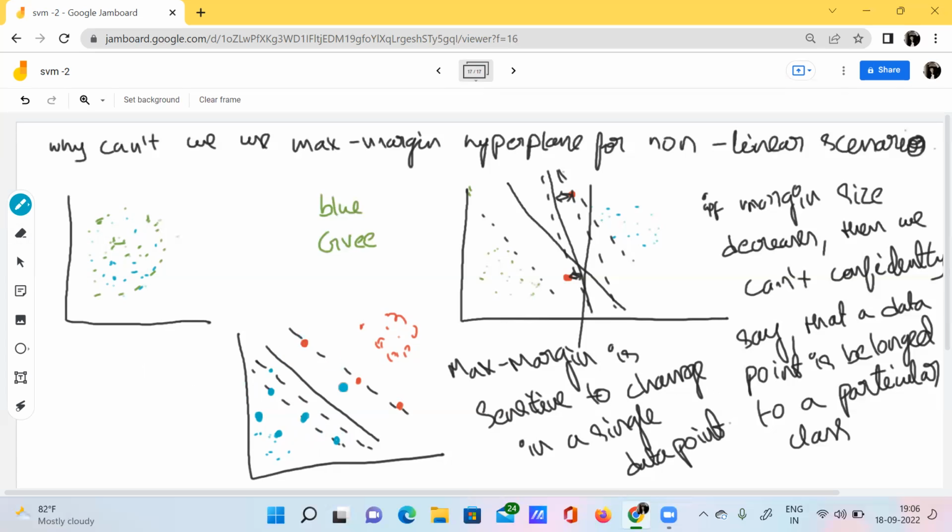Why? Because this hyperplane will only depend on these support vectors. Support vectors are those which are exactly lying on the margin. If any support vector is changed, then definitely it will impact the angle and the structure of the hyperplane. Did you get my point?